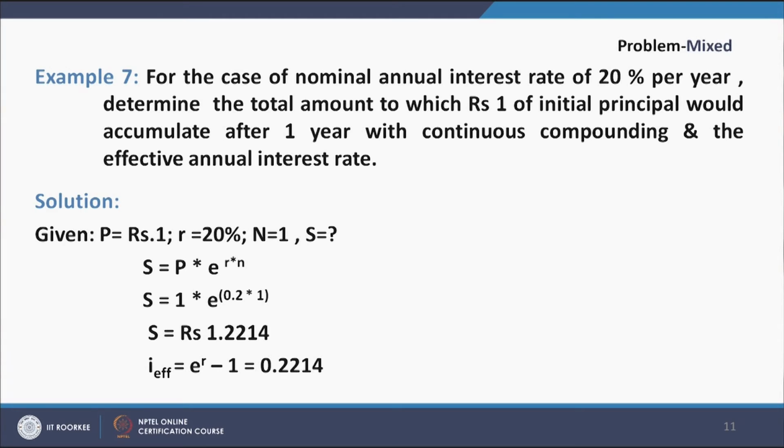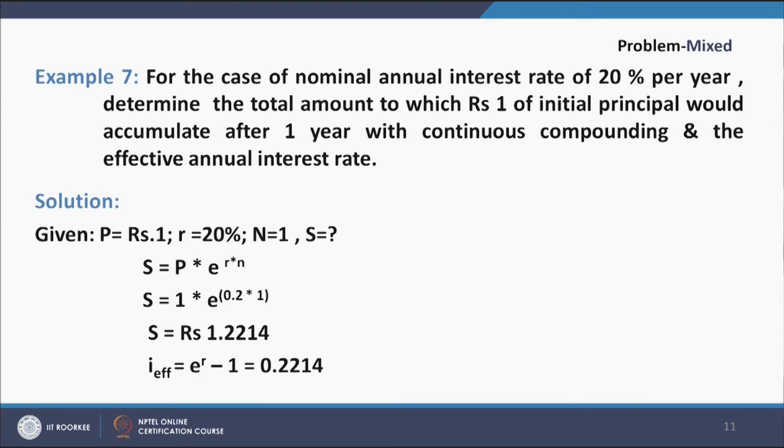What are the things which are given? P is equal to rupees 1, R is equal to 20%, N is equal to 1, and S is what? That means, we have to find out S when the values of P, R and N are known. So, again we use the formula for continuous compounding. S is equal to P into e to the power Rn, or S equal to 1 into e to the power 0.2 into 1, because R is 0.2 and N is equal to 1. So, S is equal to rupees